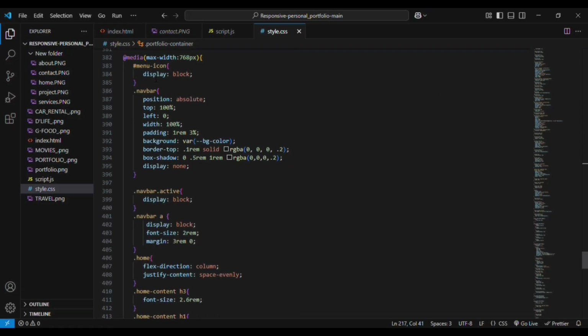This menu icon is important here because in the desktop version we have a lot of space, so we have shown all our navbar here, but in the mobile version we don't have that much space. That is the reason at the start of the code I told you menu icon display is none, right? So it will be hidden, but with max width 768 pixel, which is the mobile device width, display will be block. So the icon will be displayed